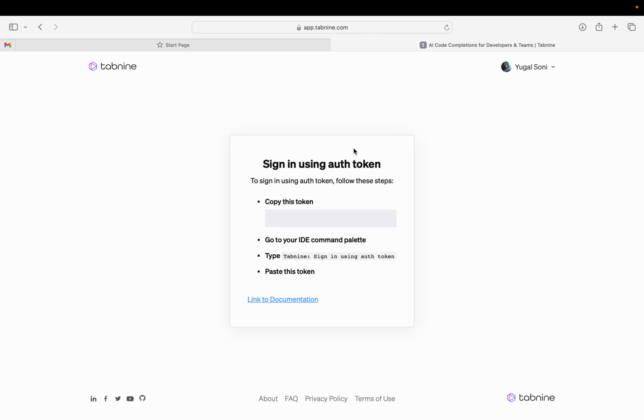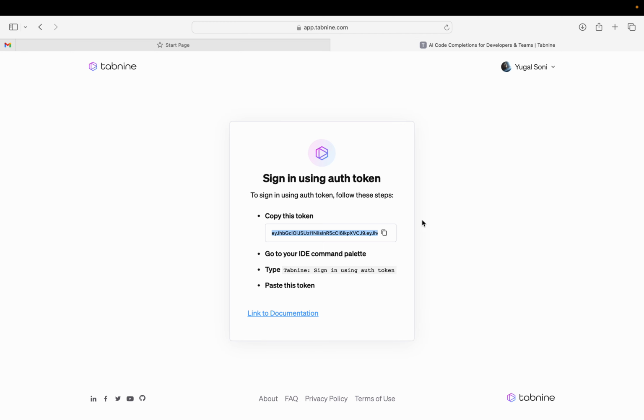So now you can see it is showing me this interface. I already signed in to my Google account before, which means you just have to sign in using your Google account, and automatically it will show you this interface. Now you have to copy this token and come to your Visual Studio Code, and now you have to type a shortcut: Command Shift P on MacBook and Control Shift P on Windows, and you have to type